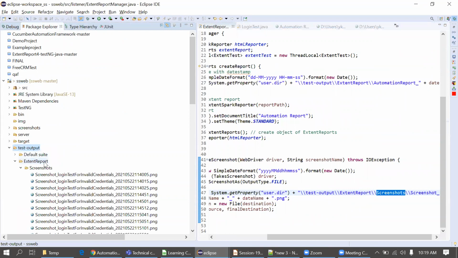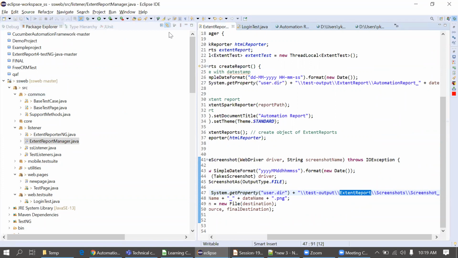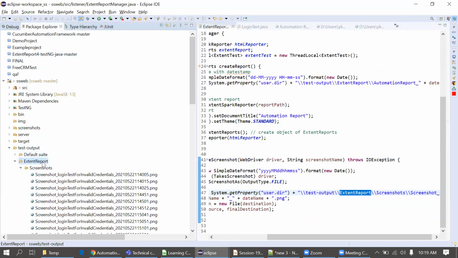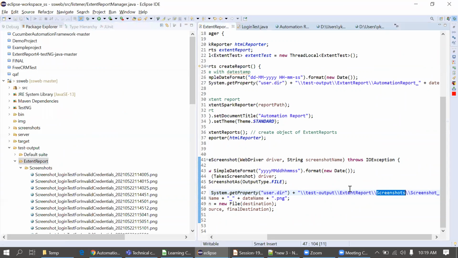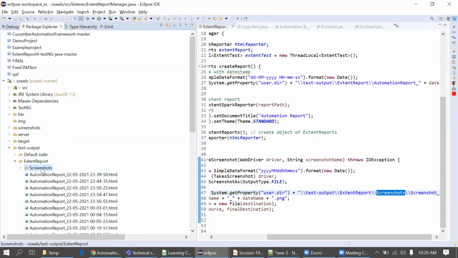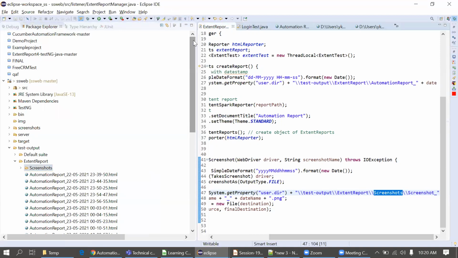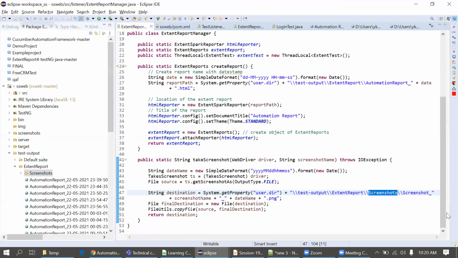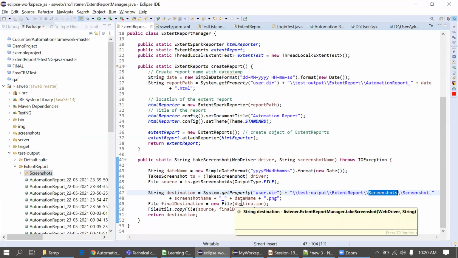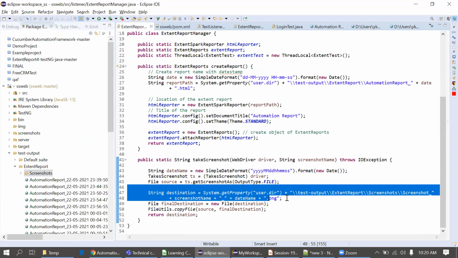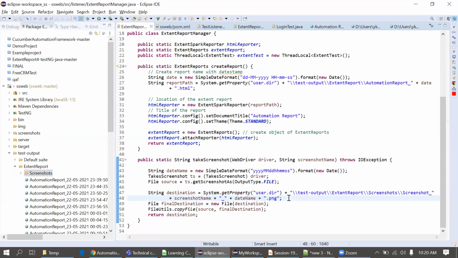Again it will go to the extent report like this, and in the extent report it will create one folder, screenshot, and in that screenshot folder it will save this actual screenshot. For saving, you have given the name format: the screenshot name plus underscore plus date time.